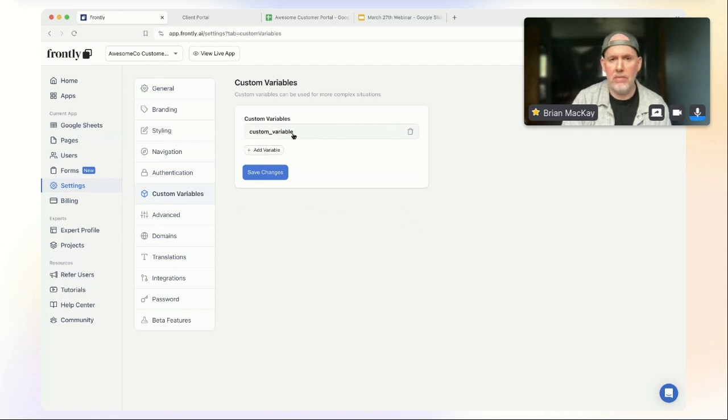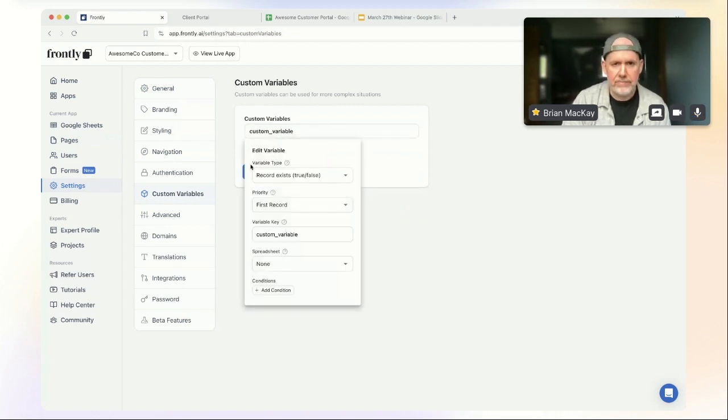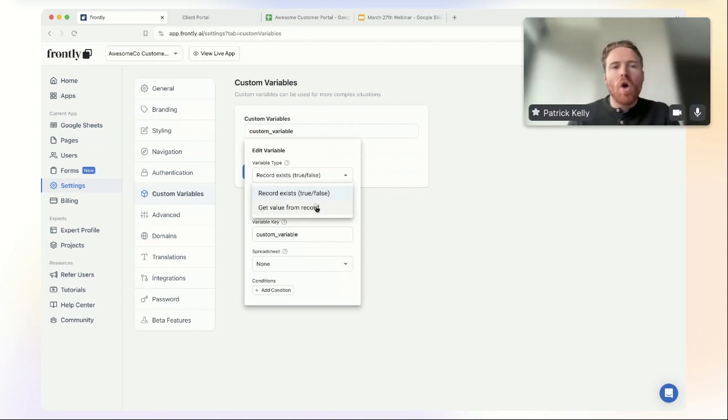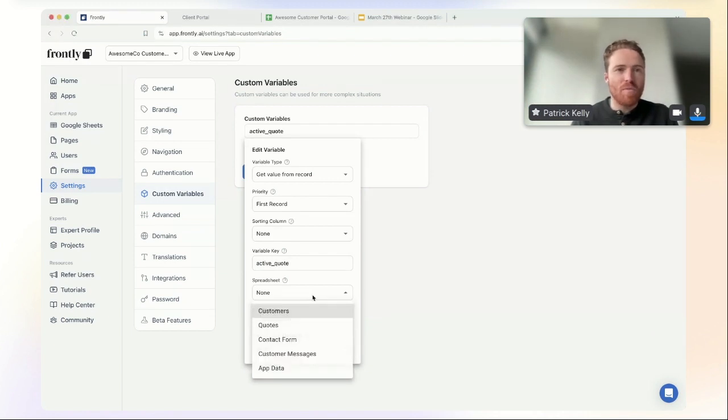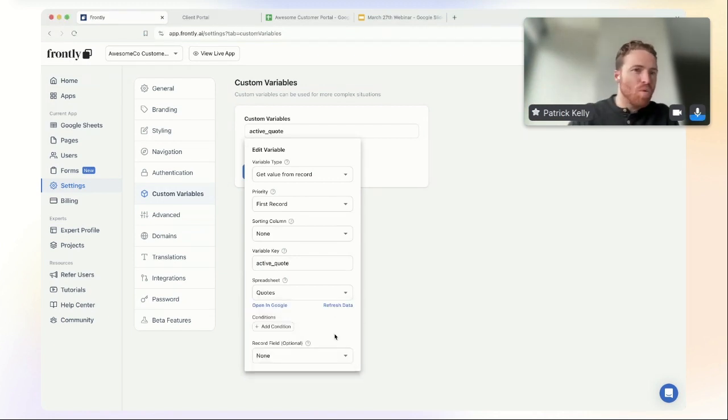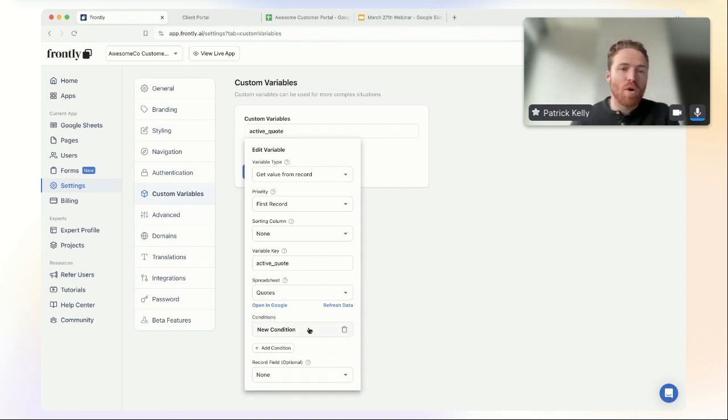So Patrick, I don't know if you want to talk a little bit about custom variables. Yeah. So custom variables might sound a bit scary and confusing, because there's a few options in here, but it's actually really simple. So all we want to do is get access to the value of one row in a Google Sheet somewhere. And normally you don't have to do a custom variable because the blocks like a form or the table will show your data. But what Brian wants is access to a specific row somewhere, like in a text block or wherever he wants. And so all we do is we choose that get value from record option at the top,